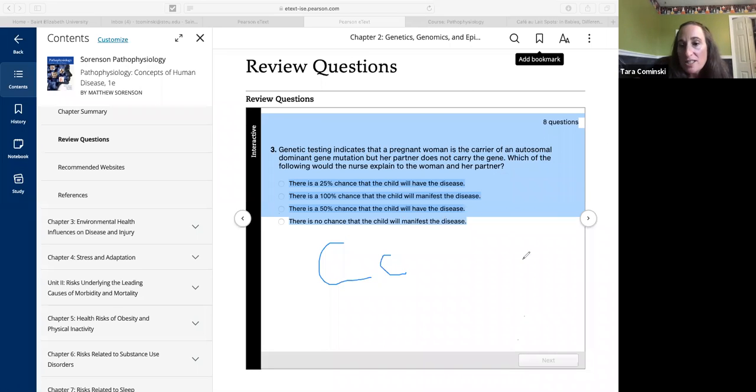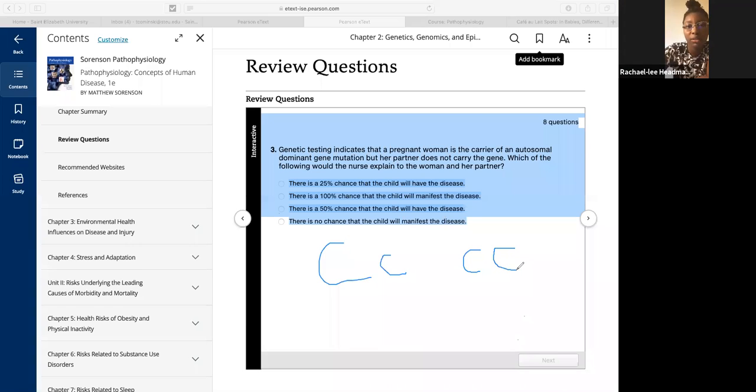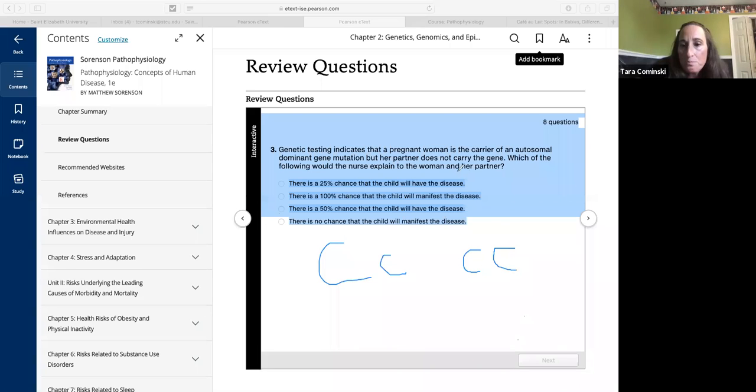It says, but her partner does not carry the gene. Okay, so I guess that means her partner is what? Based on this, it would mean that the partner is recessive, right? Two little c's. Okay, which of the following would the nurse explain to the woman and her partner? So if we do the cross here, I'll put this down here. And then we do big C, little c, big C, little c, and then little c here, little c here. So based on my Punnett square here, and the fact that it's autosomal dominant,